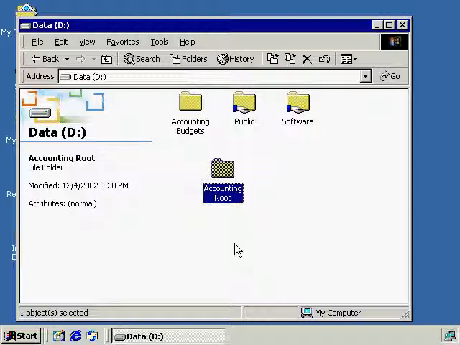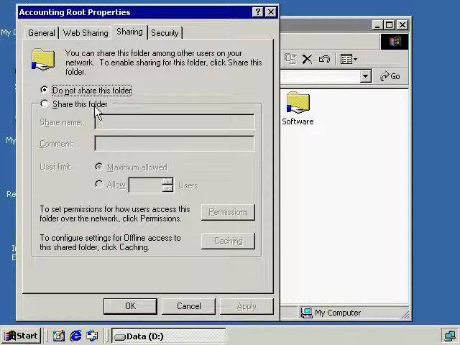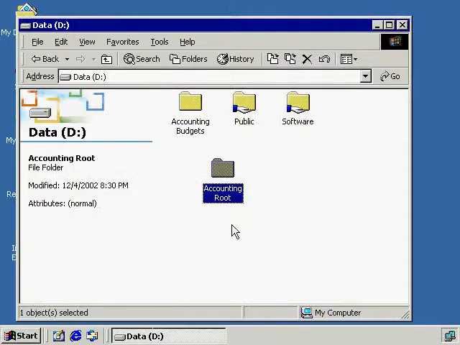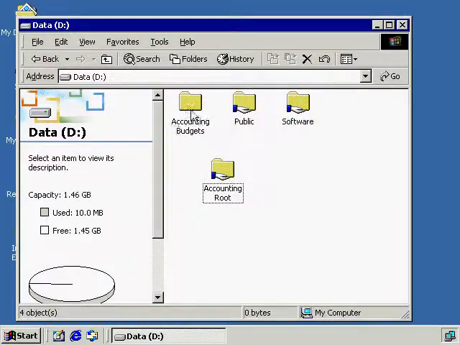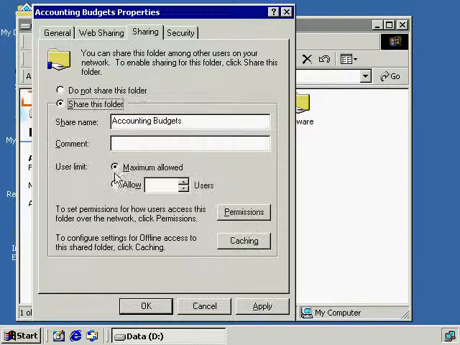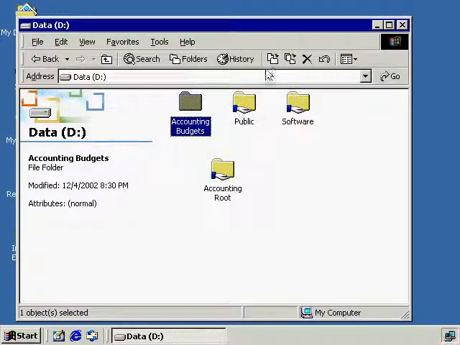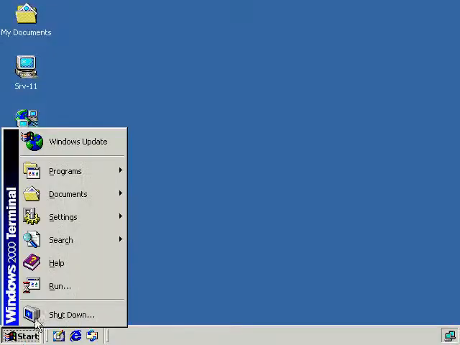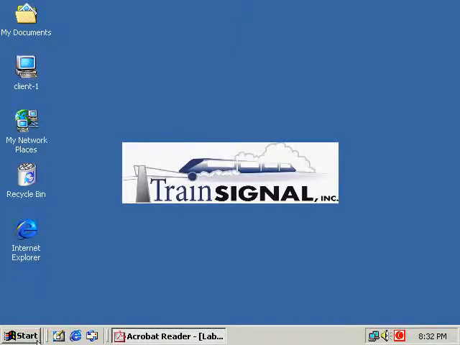So the premise here will be to give all of our users access to this accounting root, and this accounting root then is going to point out to the different DFS links or other shares in the network. Okay, and this will become more apparent as we go through this. Now, before we do anything else, we need to go back and share all of these folders. I probably should have done that when we created the folders, but all of these folders will need to be shared in order to use them as a DFS root in this case and a DFS link in this case. I'm going to go back here and share this folder,